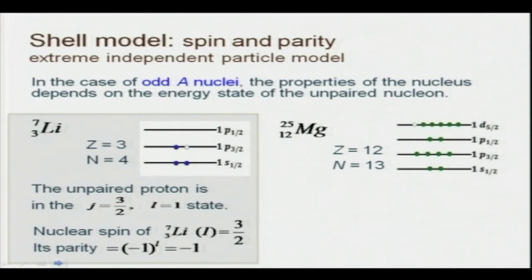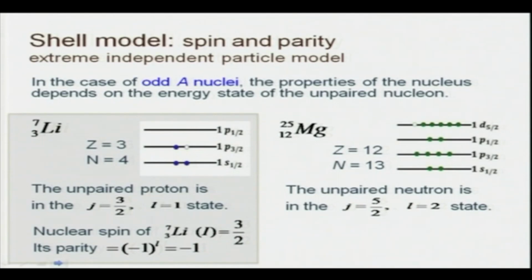This 5 in the 1d 5/2 can be thought of in terms of 2 pairs and 1 unpaired neutron. So, the unpaired neutron in this case is in the state j equal to 5/2 and